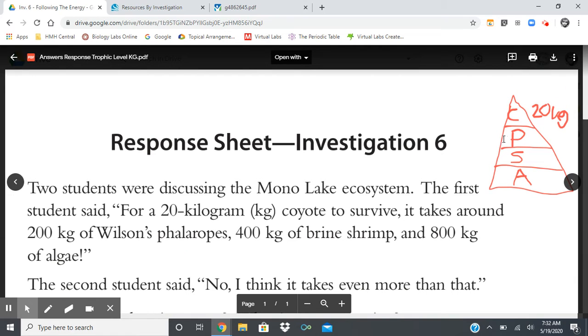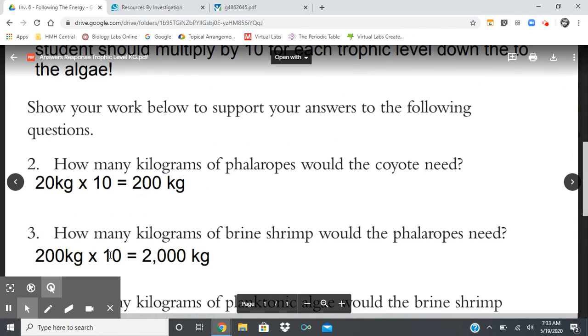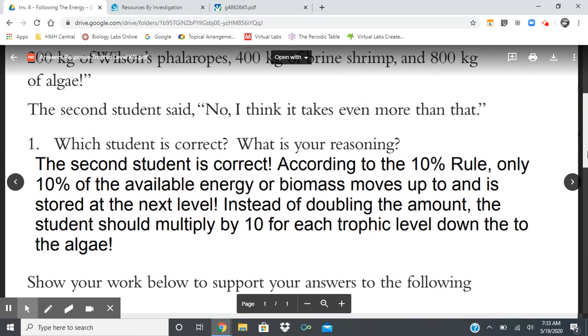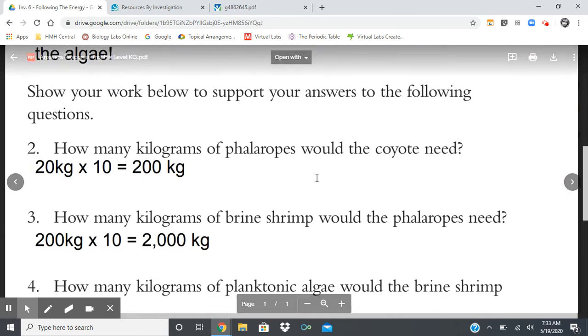Now we've got to take this 200 kilograms of birds and multiply that times 10. So if we keep on going down here, we take 200 kilograms times 10. All we're really doing is adding another zero on there. That would take 2,000 kilograms of brine shrimp. That is huge. A kilogram is 2.2 pounds. So we're talking over 4,000 pounds of shrimp just for that many birds to survive, just for one coyote to survive. So we would actually be at 200 kilograms of phalaropes, 2,000 of the shrimp, and then think about how much food that shrimp would need, the little tiny shrimp swimming around in the water. If there's 2,000 kilograms of those,